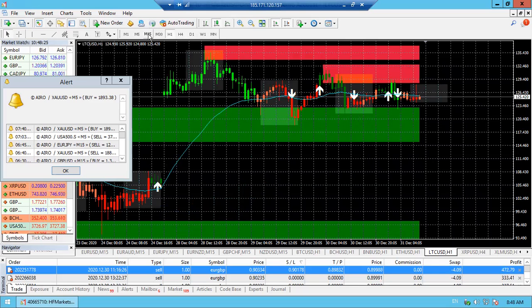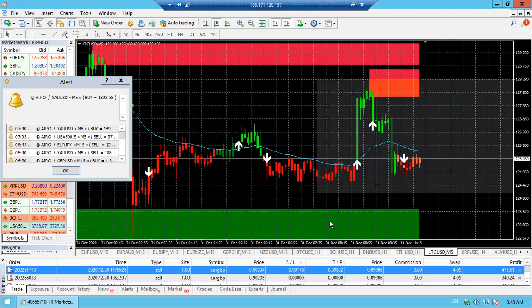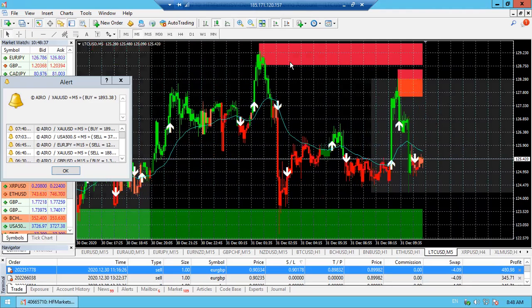So if I move down to, let me say, 15 minutes, let me see what's going on. The same support is still on 15 minutes. And on 5 minutes, okay, I have a sell signal on 5 minutes though. And it's respected our strategy. It has the bounce, the arrow, and the go. But I enter market on 5 minutes